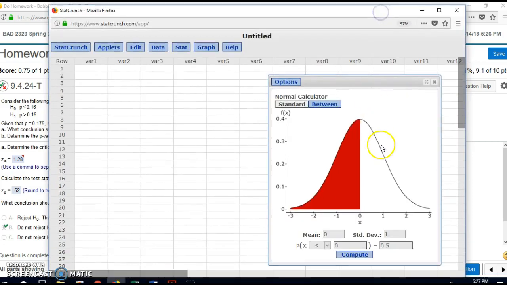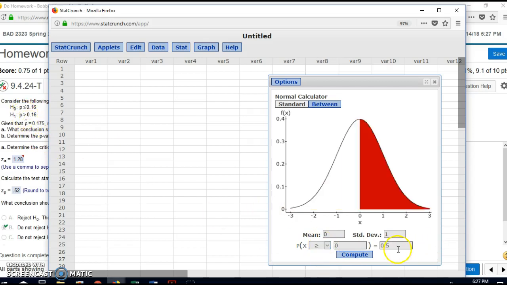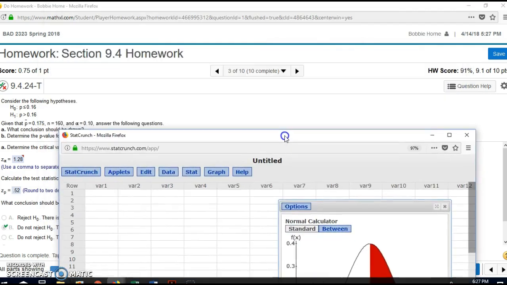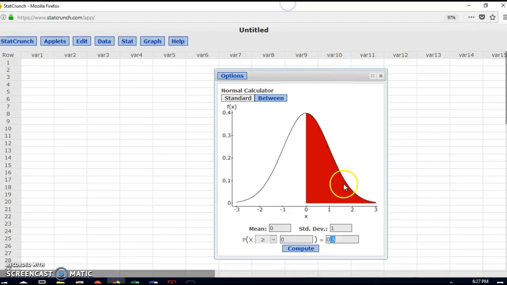This is greater than, so this is a right-tailed test. So if the alternate is greater than, that means it's a right-tailed test. And we know that alpha was 0.10, so you would put 0.10 here, and you see that your z value is